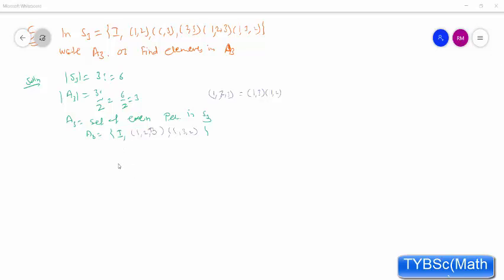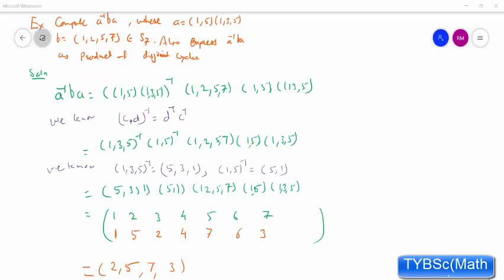The identity element is already present, so the existence of identity property is satisfied. Existence of inverse: each element has an inverse. The inverse of identity is identity. This identity element means the identity permutation we already discussed. Here the inverse of (1 2 3) is (1 3 2), and the inverse of (1 3 2) is (1 2 3). So in short, all four properties are satisfied by the elements in A3. That's why it is a group, and that group A3 is also a subgroup of S3.